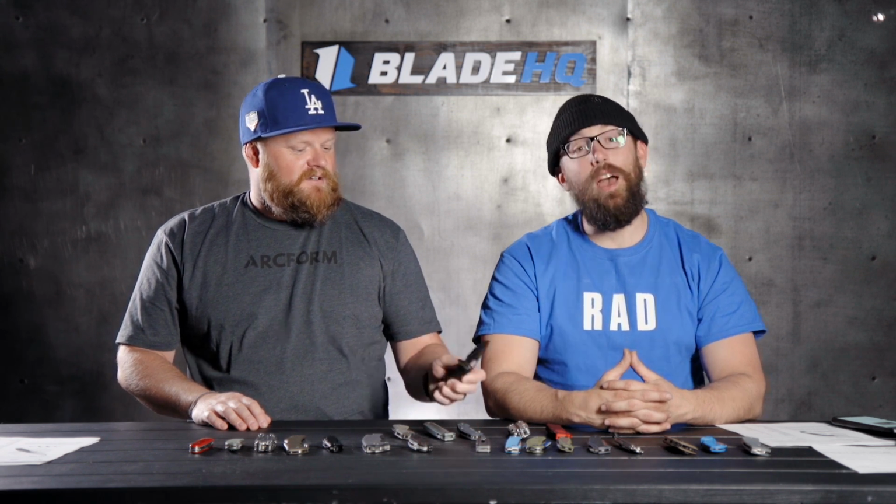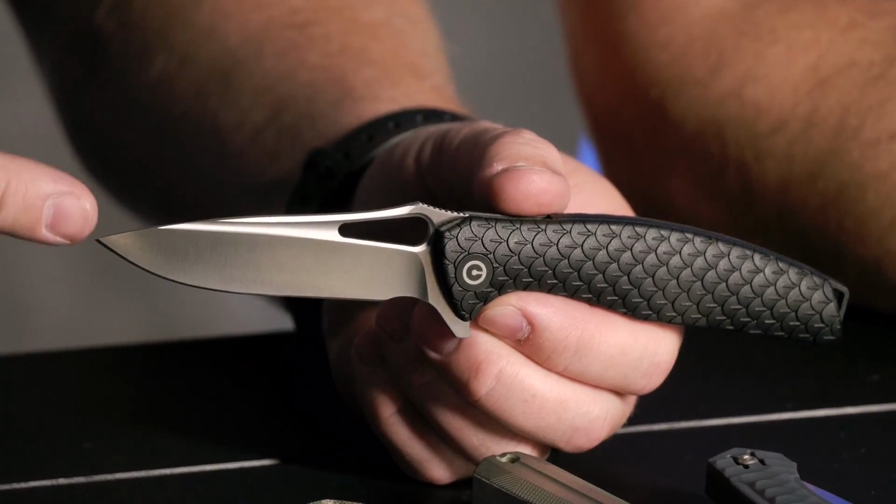This one has a little history of us checking some things out about it. Yeah, we did a little research. We either had this on WoW or on a knife banner in the last couple months. Maybe when we were doing the Civivi one. It might have been, but yeah, we were confused about this knife. So go ahead. And it is the Civivi